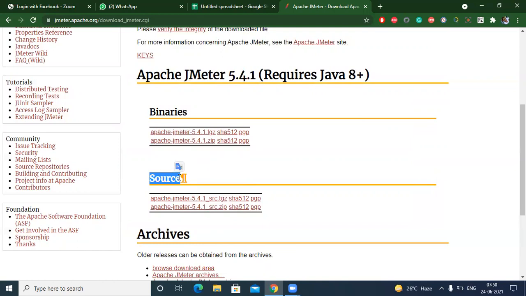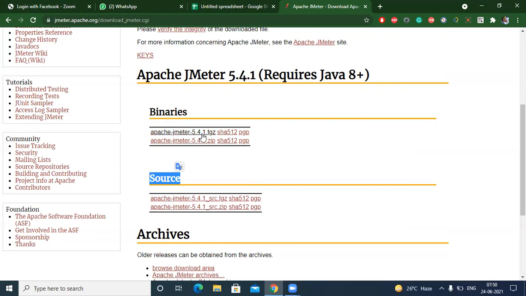Source is nothing but the logic. I told you, it's open source, so you know how JMeter is written and what they're using. You can download the source, customize the code, build the jar and use it. Mostly in our cases, we don't have to do that. We will directly use the tool, so we'll go with the binaries.